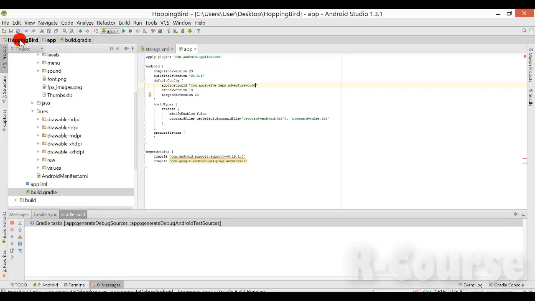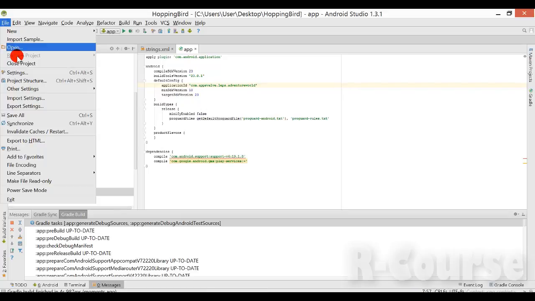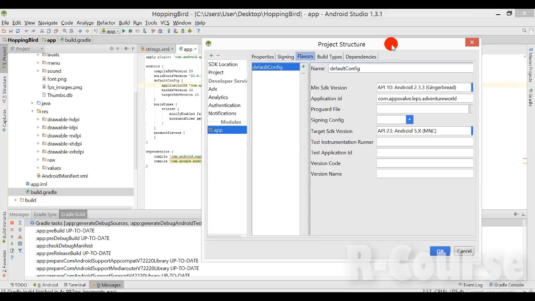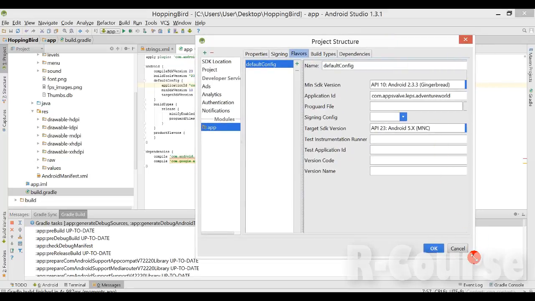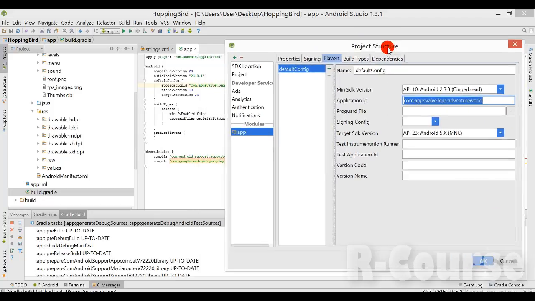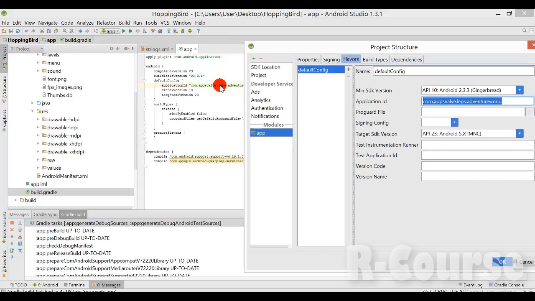Next, I will go to File, then Project Structure, and then go to this app here, Flavors. Note that you can also just maximize this one a bit. Make sure the app ID is the same as here. The next thing you want to do is the version code. You write it as 1, and then this one